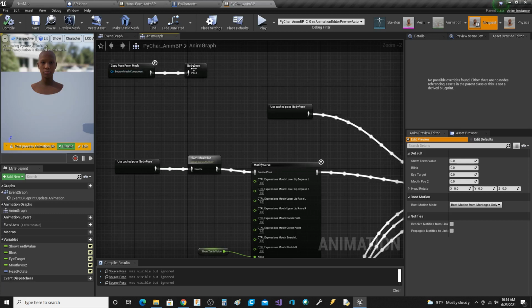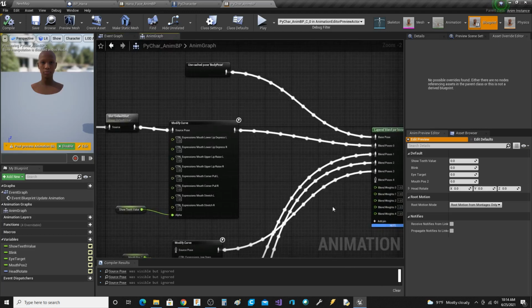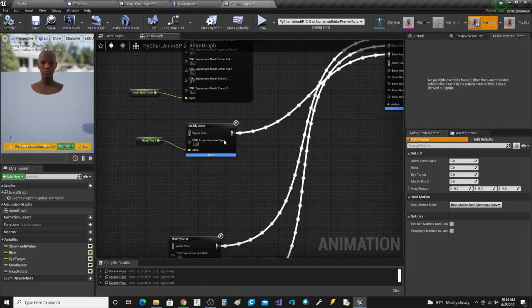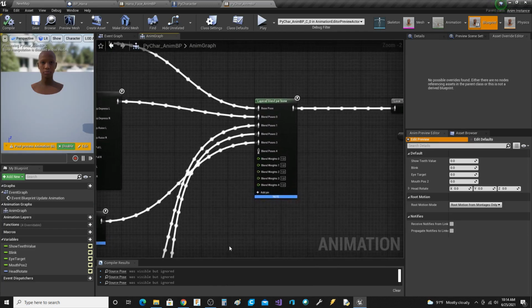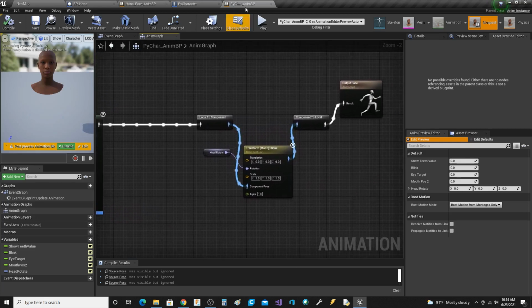I'm not going to go into a lot of detail what this means because I just took the original and modified it. But the animgraph is the thing that's the most important, and as you can see, we're going to be modifying curves. So all of this right here is going to be duplicated, and I'm probably going to be componentizing this. So what you're seeing here is the